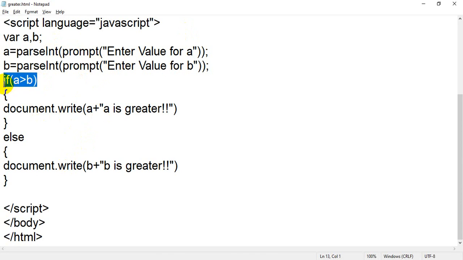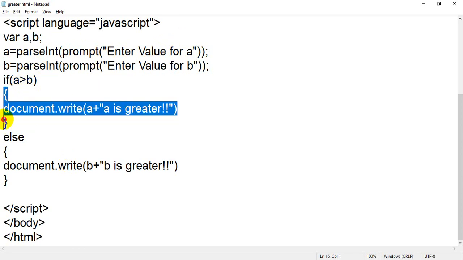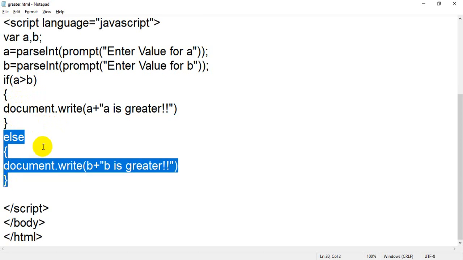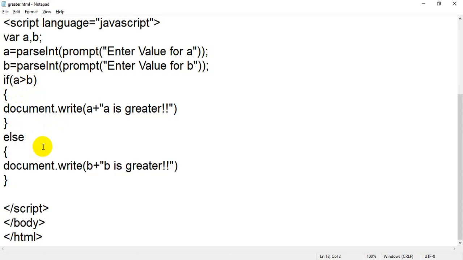Then we have to check by using the if and else condition. By using the parseInt function, we have converted the value accepted by the prompt, and then stored it inside A and B. After that we check by using the if statement. If the condition is true, this block will execute. If the condition is false, this block will execute. Okay, now we'll accept one